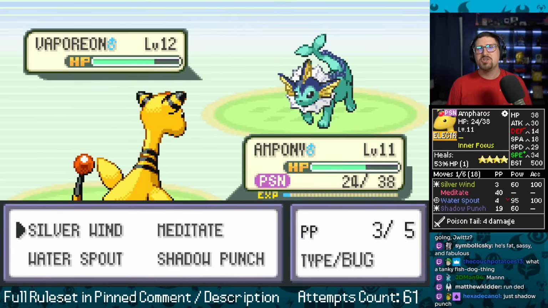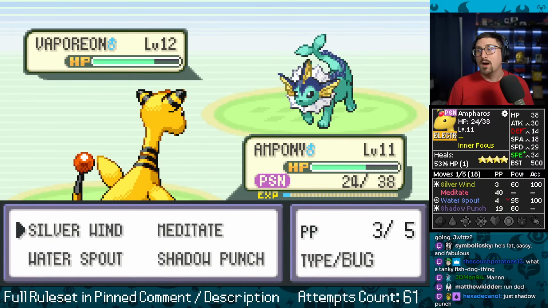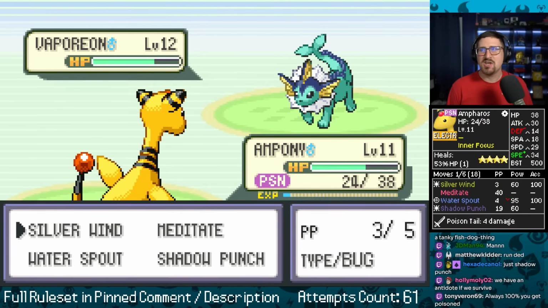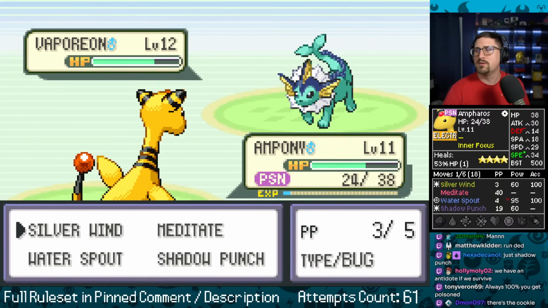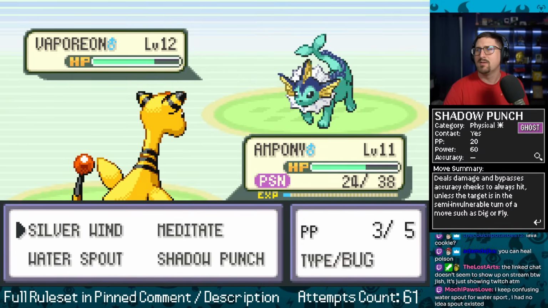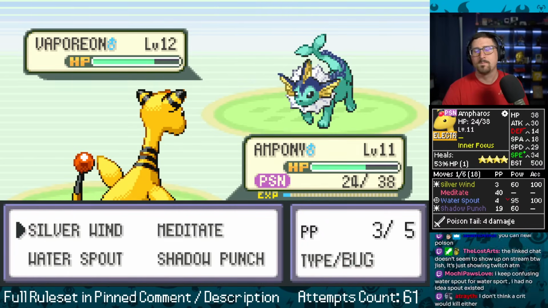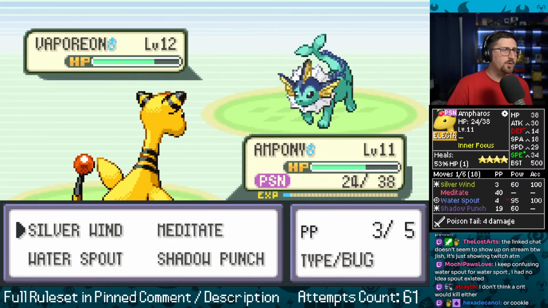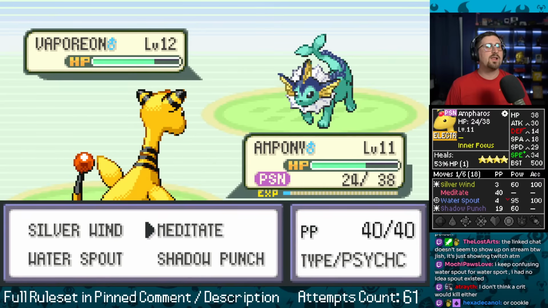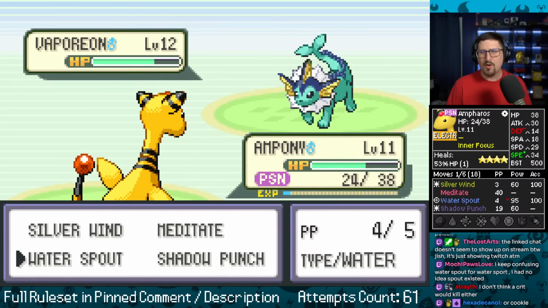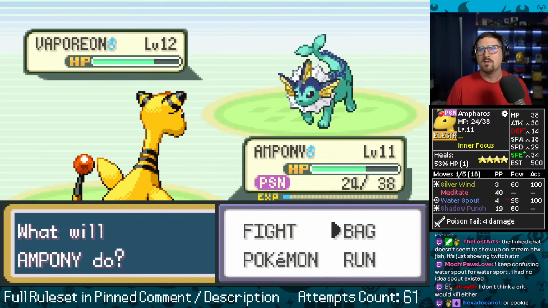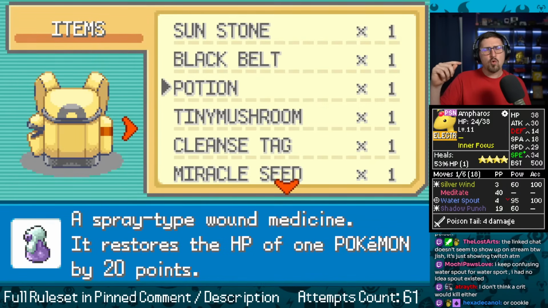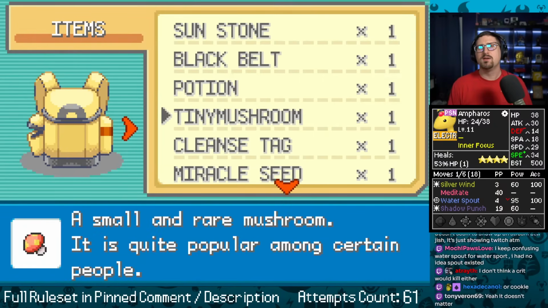So I need to one-shot Vaporeon now. I don't see it, guys. Just Shadow Punch? Why Shadow Punch over Silver Wind? Silver Wind could still give me an extra stat up, right? They both hit just as hard. They're both 60. Silver Wind at least gives me a chance to keep getting stronger. Oh, I have the Lava Cookie. Oh, I picked up a straight up antidote. Wait. I do think I play for winning the fight and then spraying.